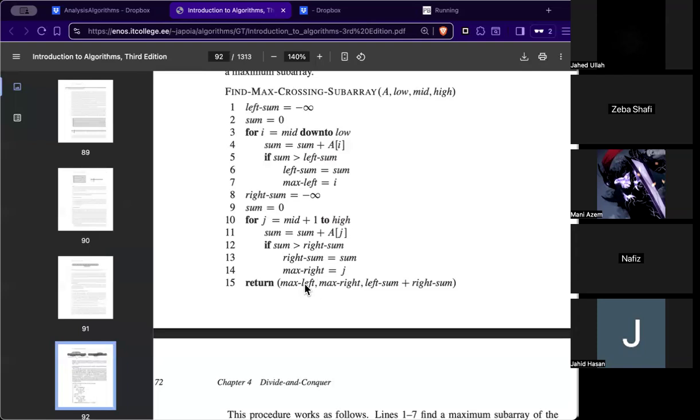And then here's what we do. We return from here the max left, which was what we were looking for when we were going in the opposite direction, right? As our left sum was less than sum, in that particular case, we moved our left sum back, right? In this case, if our right sum was less than sum, we moved our right sum forward, right? And as the accumulations take place, we actually pull out the